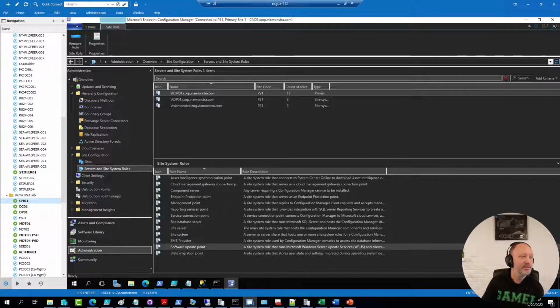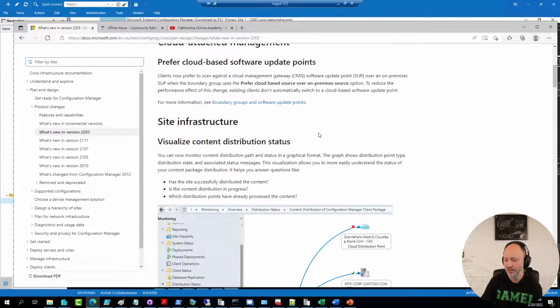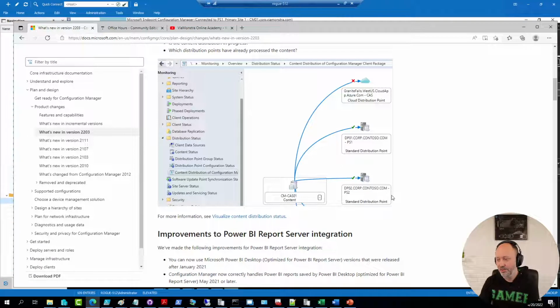What else? Well, they also added in some visualization for content distribution. That means that if you scroll down here and you have different types of content, you can easily see which distribution points that one has been